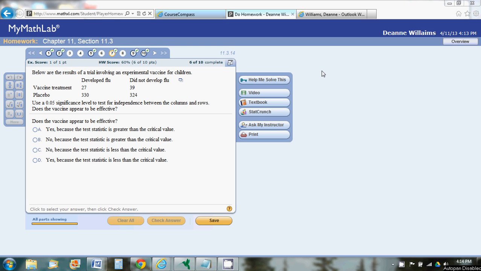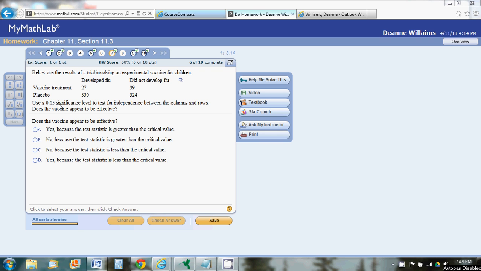We're going to talk briefly about tests of independence and tests of homogeneity. Each one of these uses contingency tables filled with columns that have the same variable in them and rows with the same variable. So here we have a test of independence, and what we're looking at is developing the flu dependent or independent